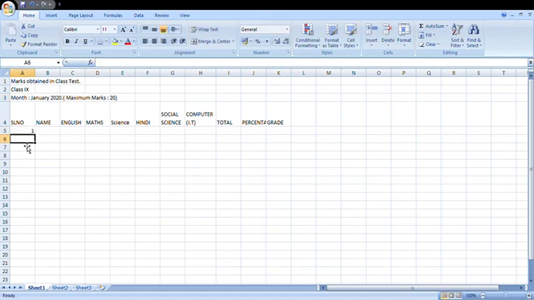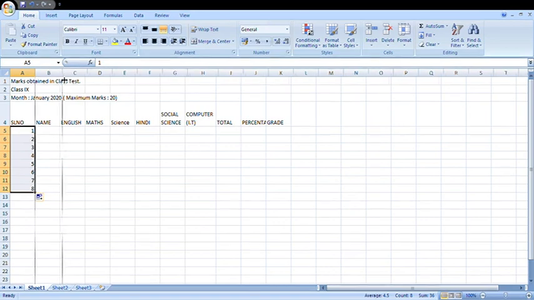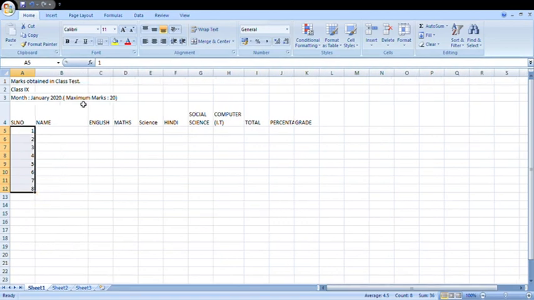Now I'm writing 1 and 2 as the serial number. After that, I select both and just drag. I'm entering the marks of, suppose, 8 students. Now you can increase the space for writing the name.